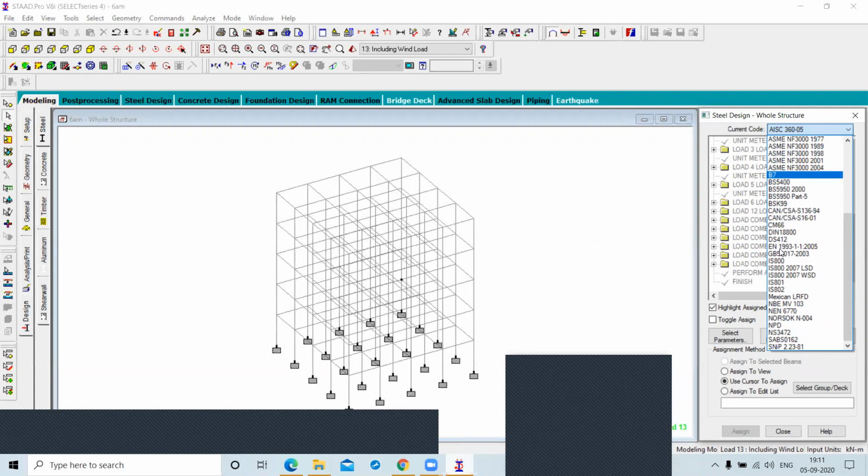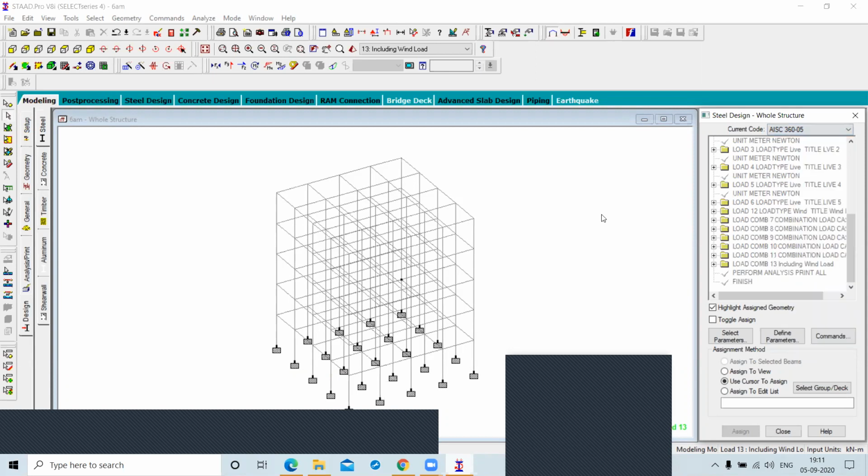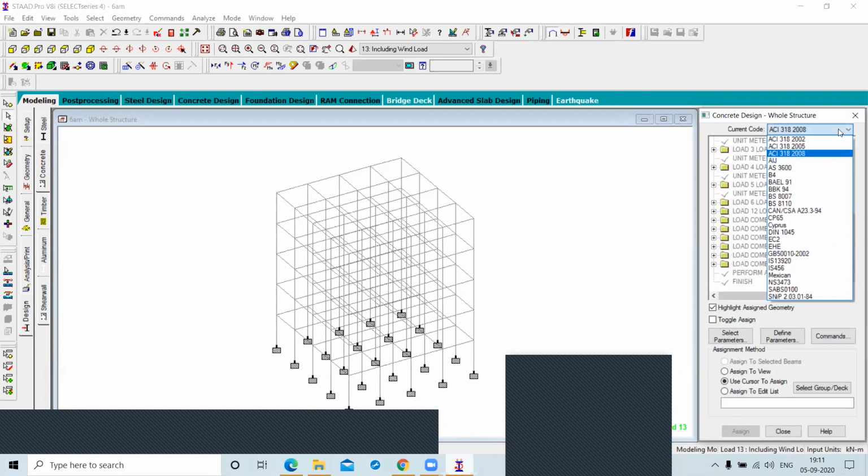No. Why? Because you selected the steel here. You have to click on the concrete. Now we have the concrete design code, and now this is your IS 456.